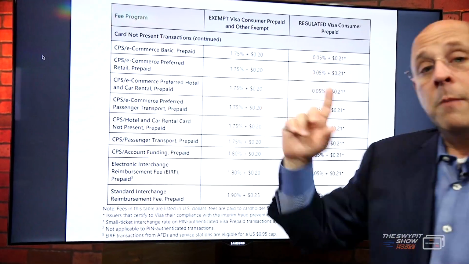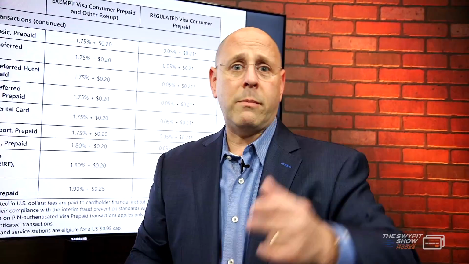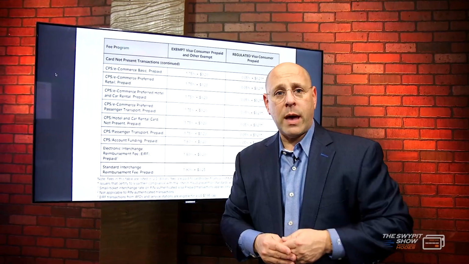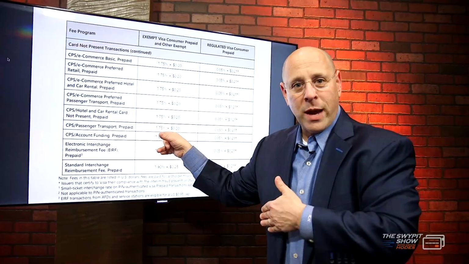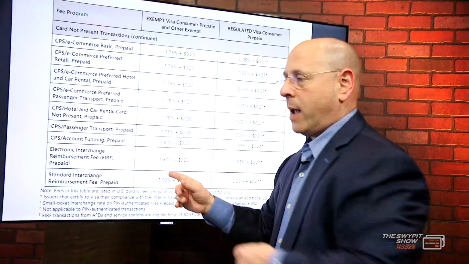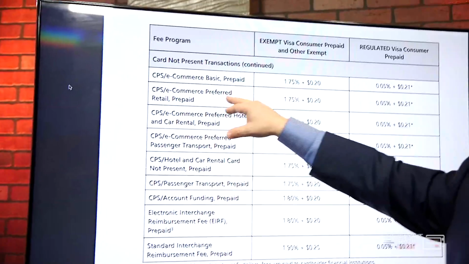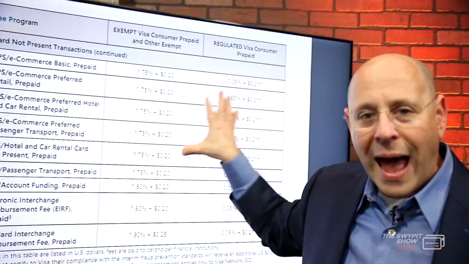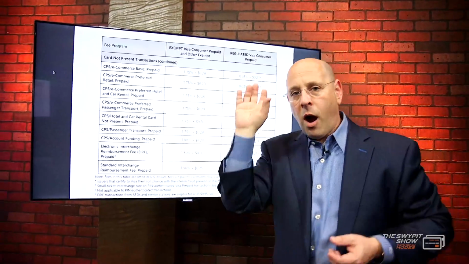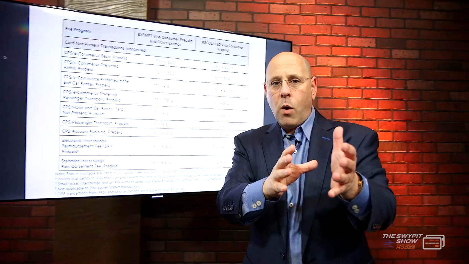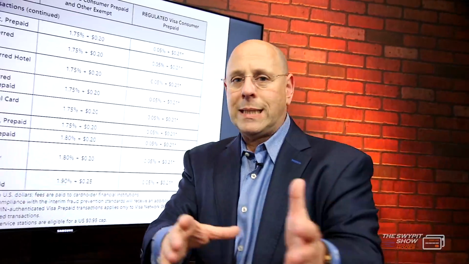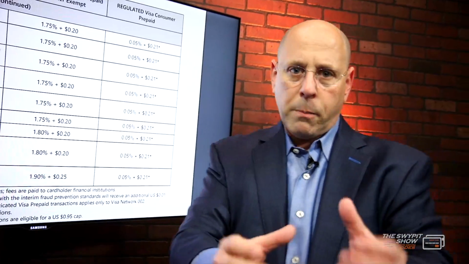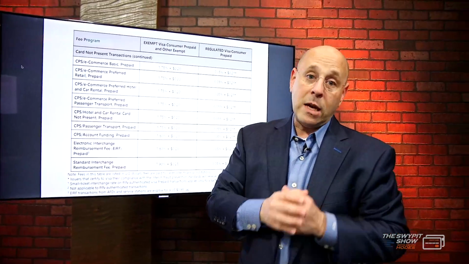Okay, here's e-commerce. So let's just say you were purchasing a product on Amazon.com. It doesn't matter if you do gazillions of dollars in processing like them, they're gonna pay the same interchange rates. You're gonna pay the same rates that they pay. So here's an e-commerce preferred retail, 175. No one can change these. This is static, and you can always see it on their website. And that's what I really want to drive home, is that you can actually see what people pay or should be paying. Now all you have to do is negotiate the price that you want with the individual that has